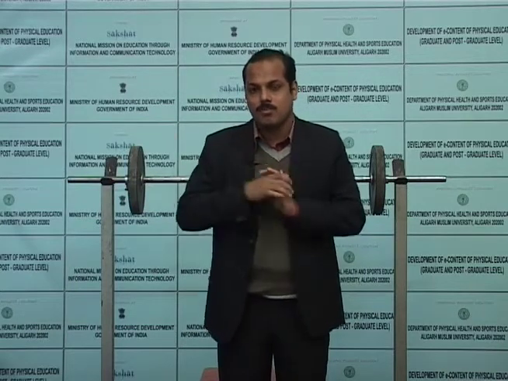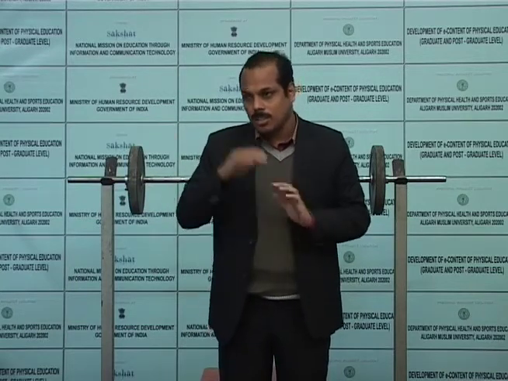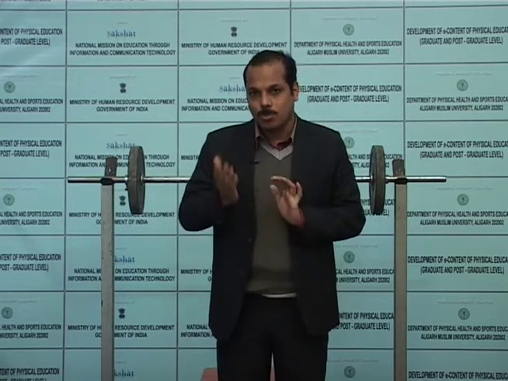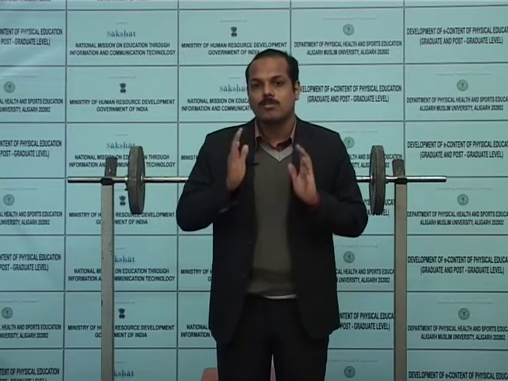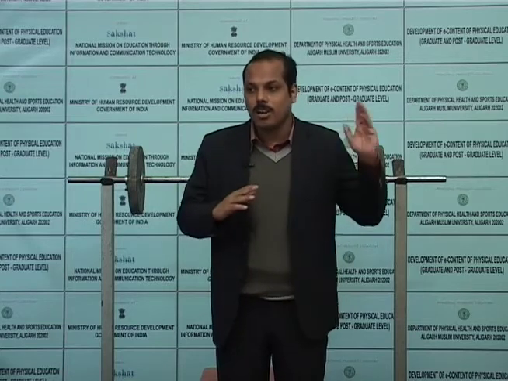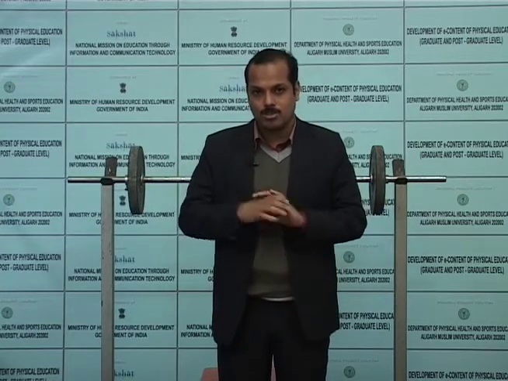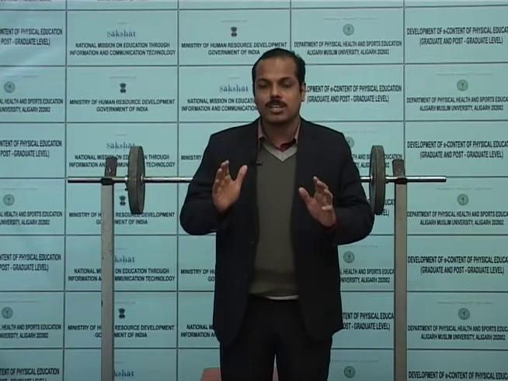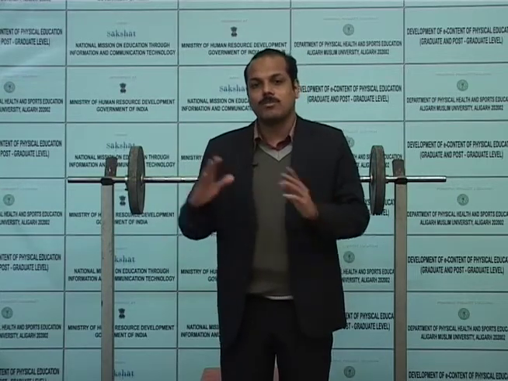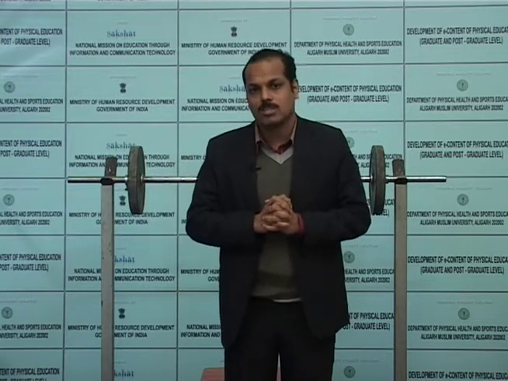Along with the anterior deltoid muscle, there are some more muscles which act synergistically. They include the lateral deltoid, supraspinatus, triceps, middle and lower trapezius, and serratus anterior, which work synergistically along with the anterior deltoid. So, while doing the barbell behind neck press, we are strengthening the anterior deltoid. Along with that, the other muscles are also getting strengthened.